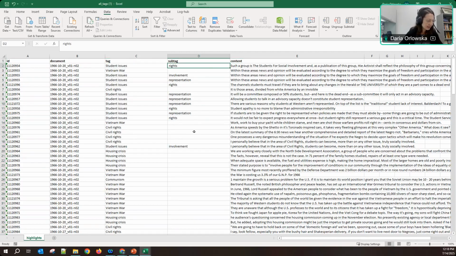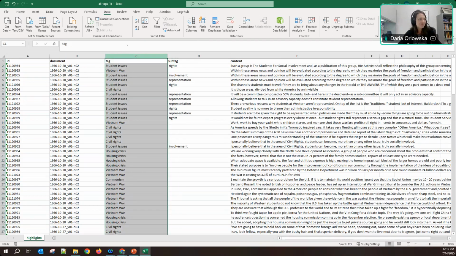Okay, the next thing that you might find you're interested in doing is conditional highlighting, so conditional formatting, highlighting with different colors, based on the question: can I use different colors for tagging? This is where we're going to use different colors for tagging. So let's go ahead and do that within the tags column.